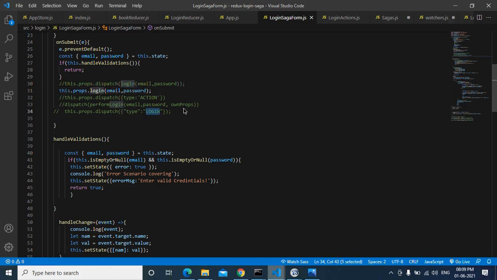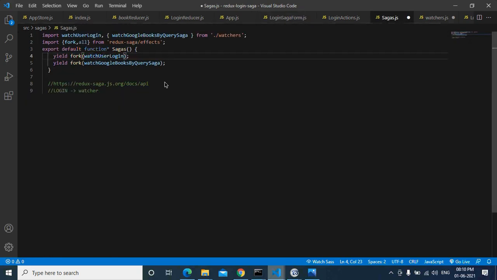So what have we written? For this login action type, we are going to look into Saga. We want to make sure that for this type of login action, Saga interferes before performing the action. So for that, we have created watchUserLogin. If we go to watchUserLogin,